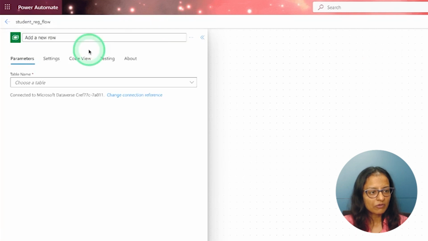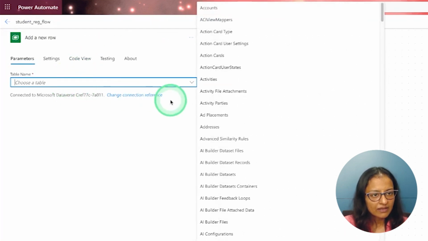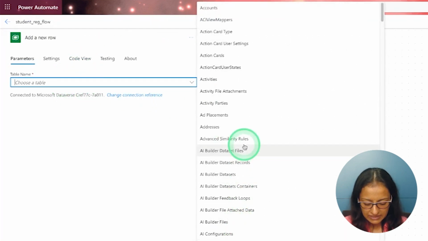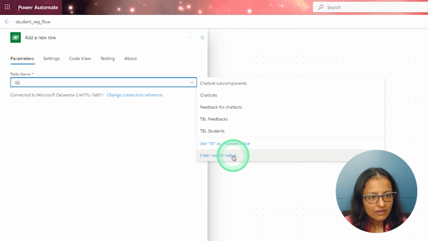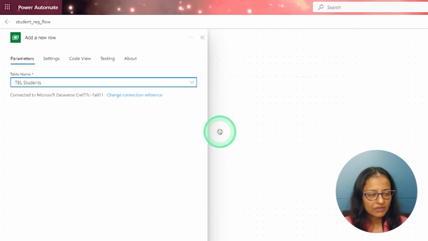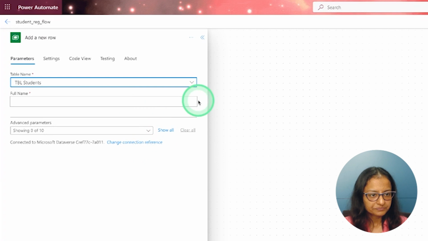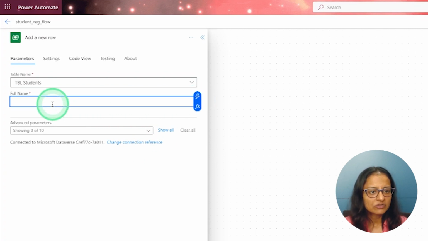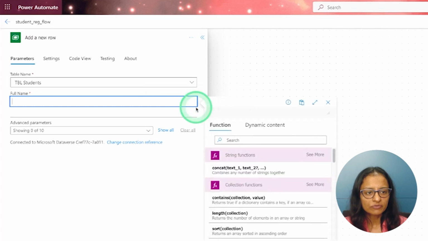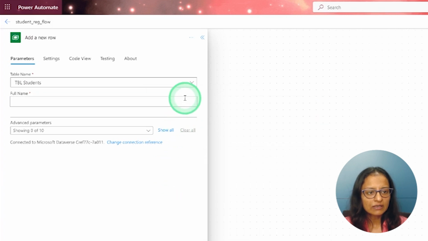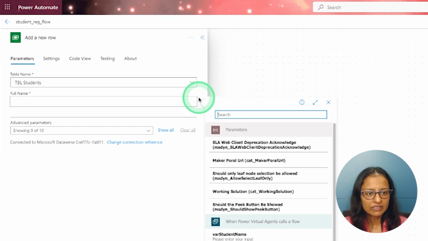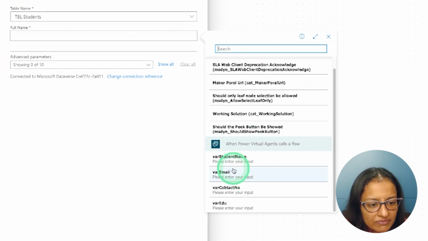So go to the automate and select the table. Several tables are there, so you can search for it. So you get TBL student. Then you select the details. So full name, what do you want in full name? You want the student name. So you need to click on that sign and see whatever variable you have created in the input section.